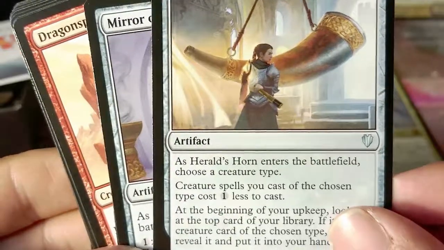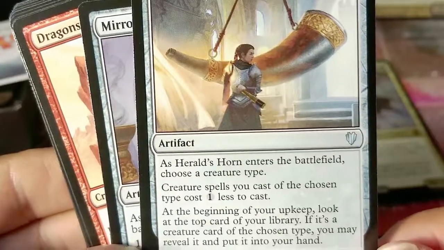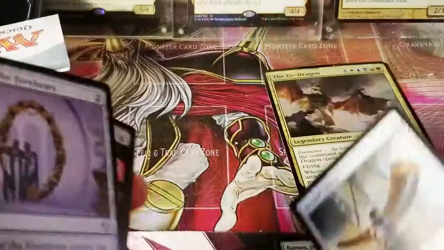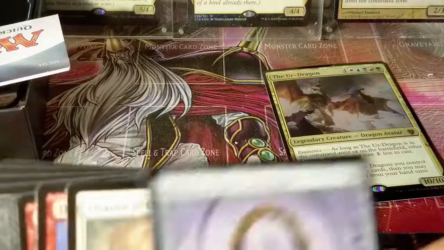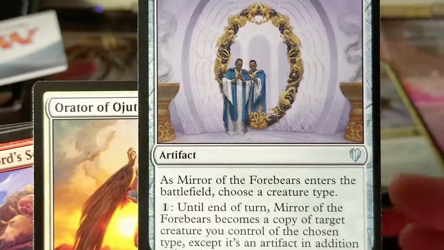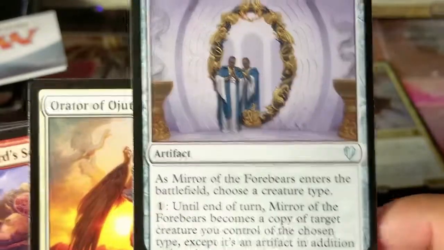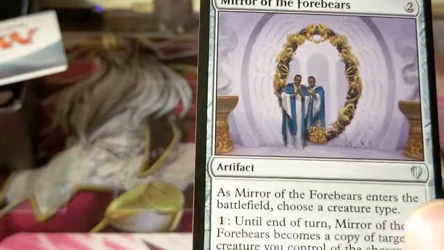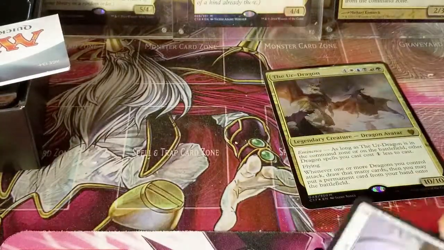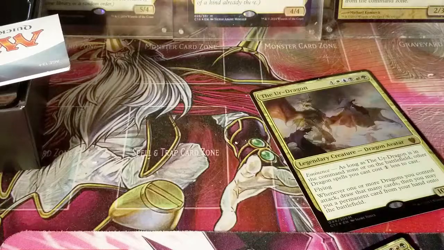Hurled Horn. Choose a creature type. Creature spells of the chosen type cost 1 less. At the beginning of your upkeep, look at the top card of your library. If it's a creature card of the chosen type, you may reveal it and put it into your hand. Wow. That could be used in a lot of good stuff. That's a really good card. Mirror of the Forebears. Choose a creature type. Once each turn, Mirror of the Forebears becomes a copy of target creature you control of the chosen type, except it's an artifact in addition to its other types. That is also really damn good. So for 1 each turn, you're essentially getting another, hopefully crazy, creature. I'm surprised that's just an uncommon, but